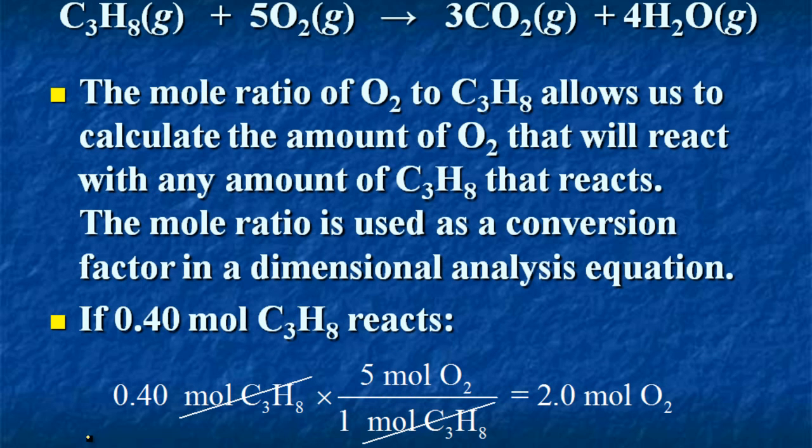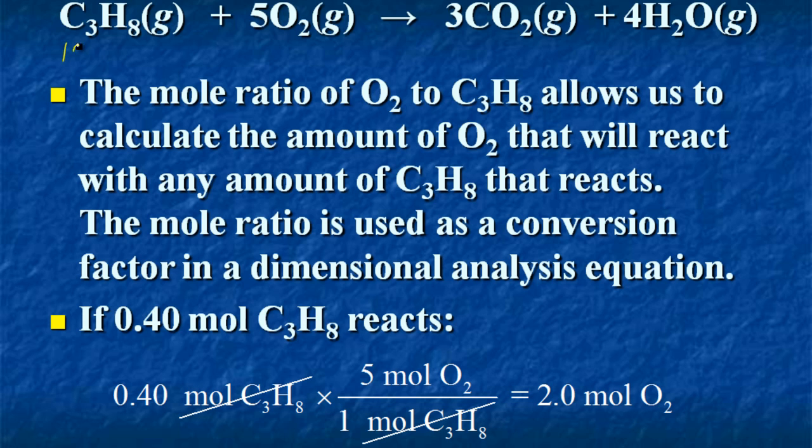Now, the mole ratio of oxygen to propane, which we just saw as 5 moles of oxygen per 1 mole of propane, allows us to calculate the amount of oxygen that will react with any amount of propane. If we know that 1 mole of propane needs 5 moles of oxygen, then we also know that 10 moles of propane will need how many moles of oxygen? 1 mole needs 5, 10 moles will need,